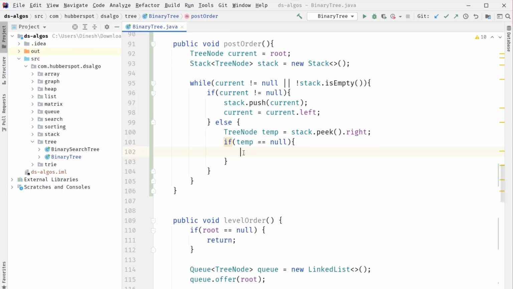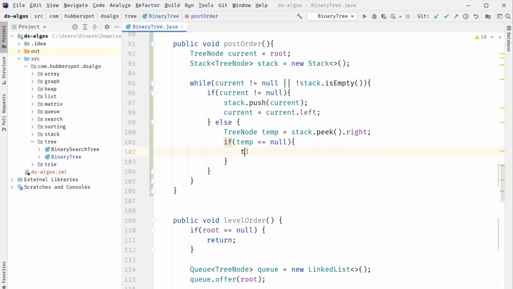So we can simply visit the parent, because when we do post order traversal, in order to visit the parent, we first visit its left subtree and then its right subtree, and only then can we visit the parent. And as we are on the right part and that is coming as null, it means that we have visited the right part and now we can safely visit the parent.